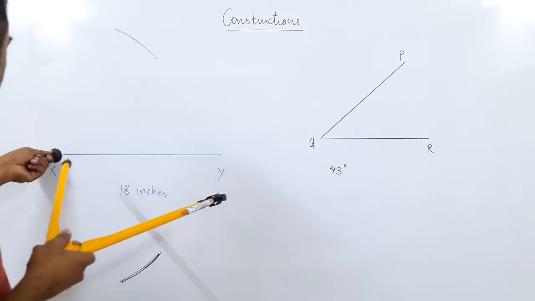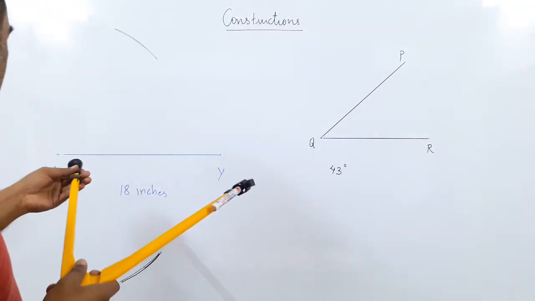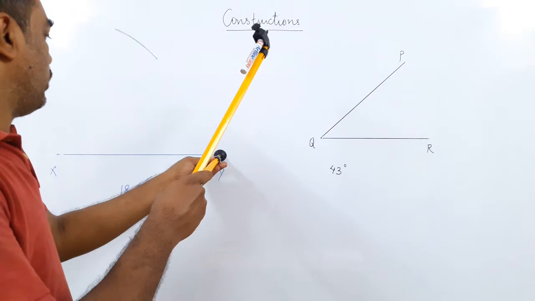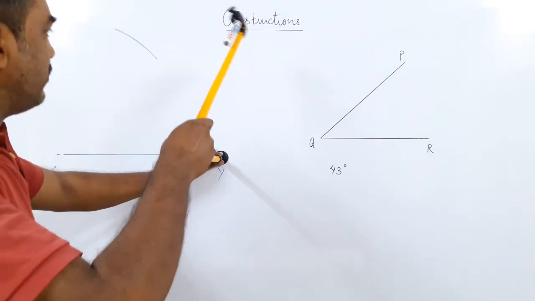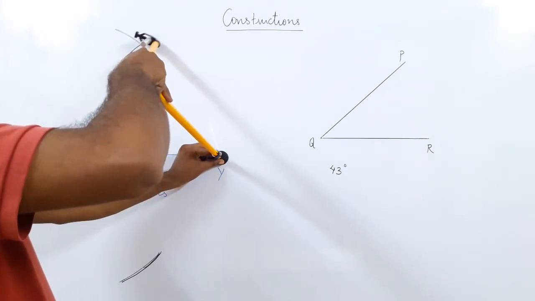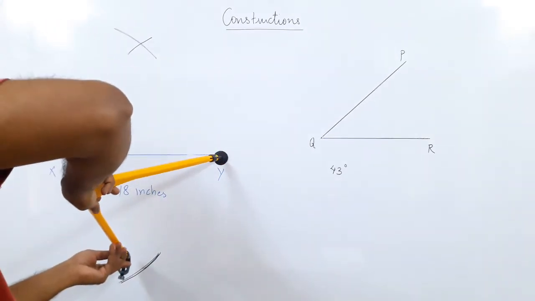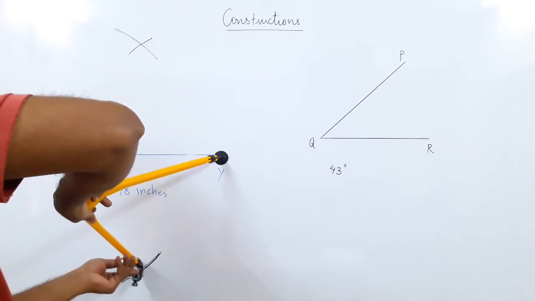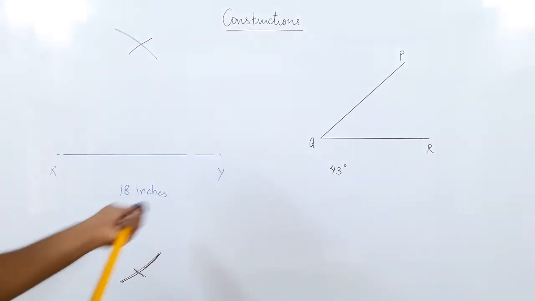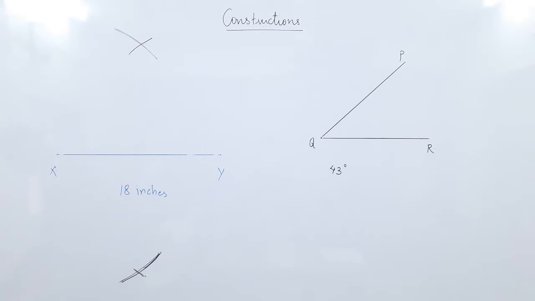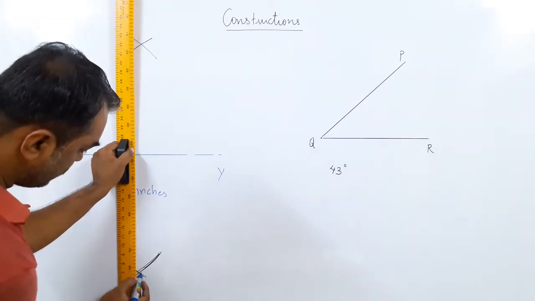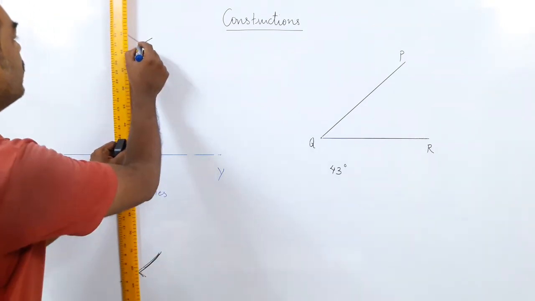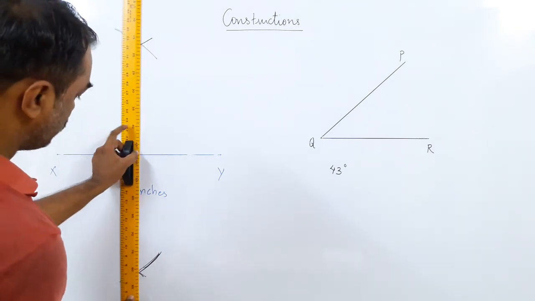Then I pick up and put it exactly on Y, exactly in the center Y. I cut the arc at the top and I cut the arc at the bottom. So when I do this, I get 2 points. Okay, so these 2 points, this point here 1 and this point here 2, when I join these 2 points together,